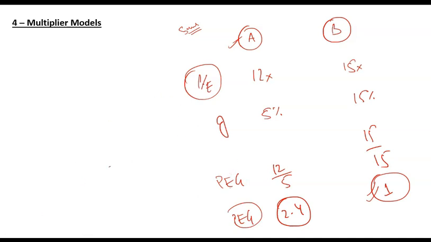Now moving on, secondly, this P/E can be calculated using two methods, or any multiple can be calculated using two methods. So there can be a trailing multiple, which is also known as lagging, or there can be a forward multiple, which is also known as leading. So P/E also can be trailing or can be forward. So what is trailing or forward?